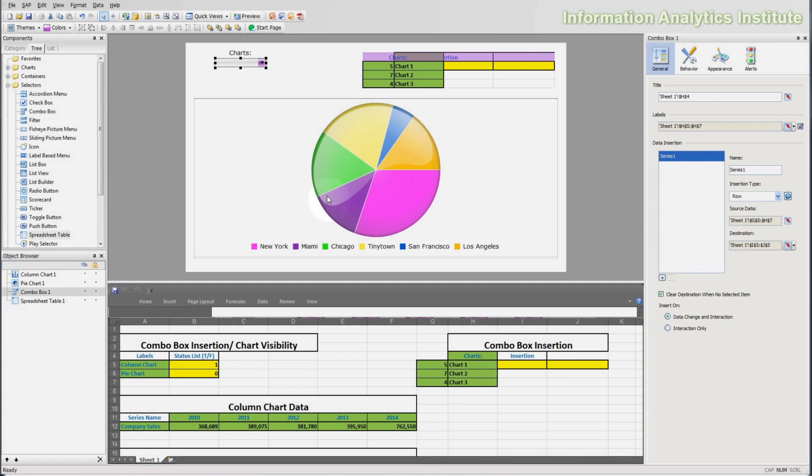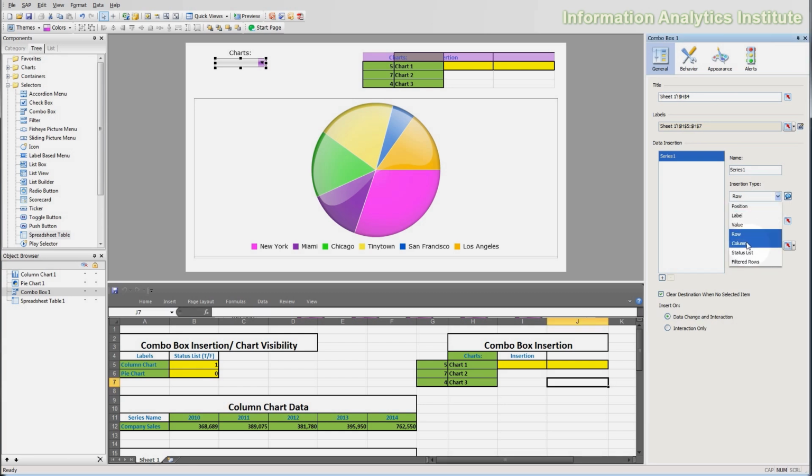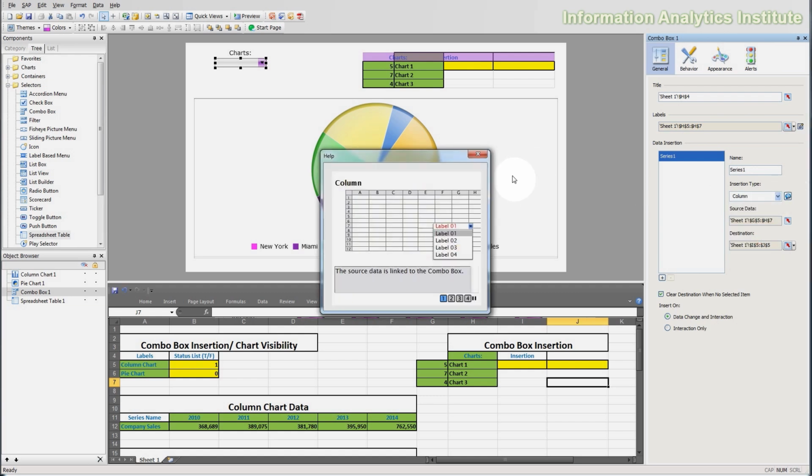The next insertion type is column. It works in a similar fashion as the row does, but it inserts a column based on the number of the selected label on the combo box instead of a row. So let's choose column, and here in the iHelp you can see that depending on the label number selected,